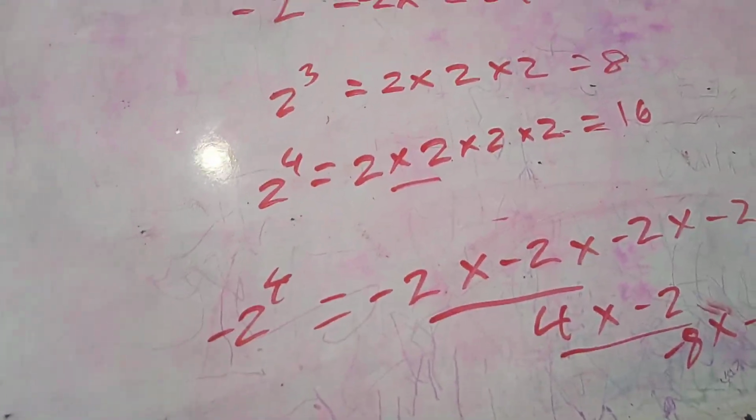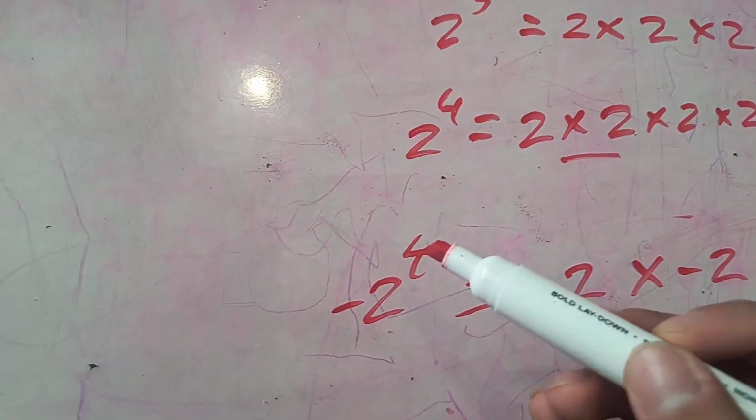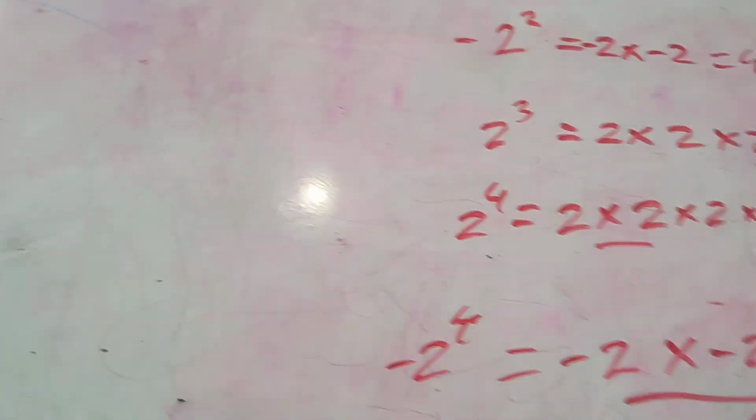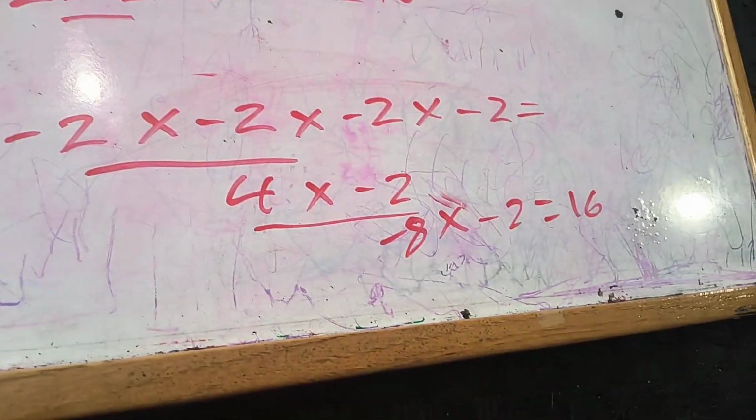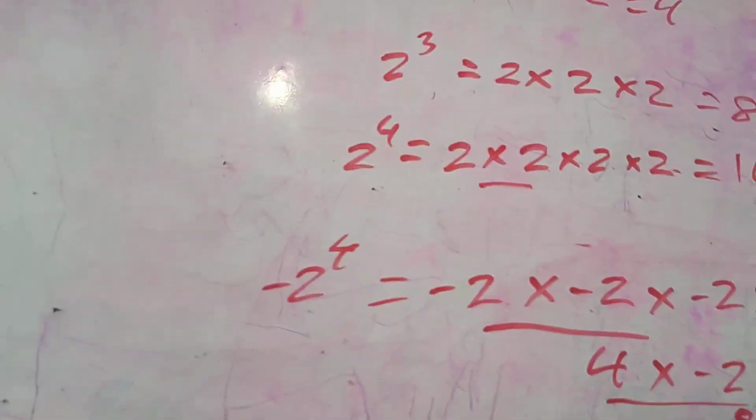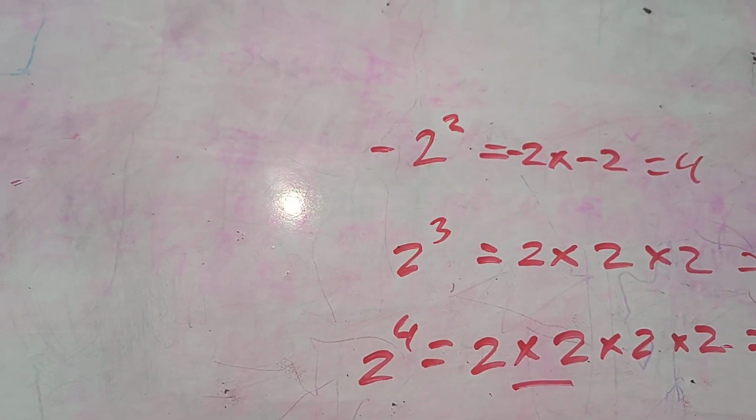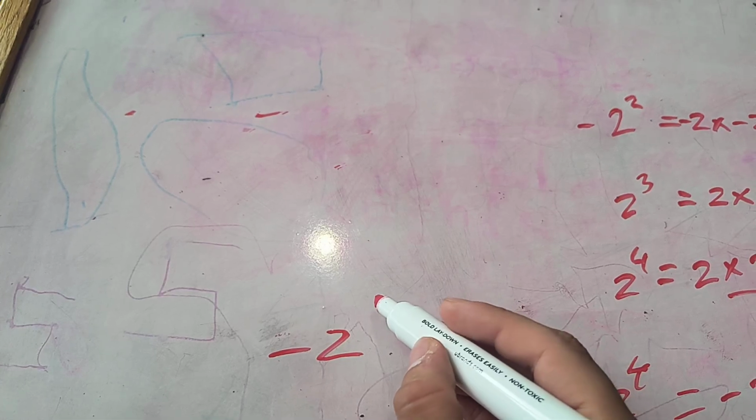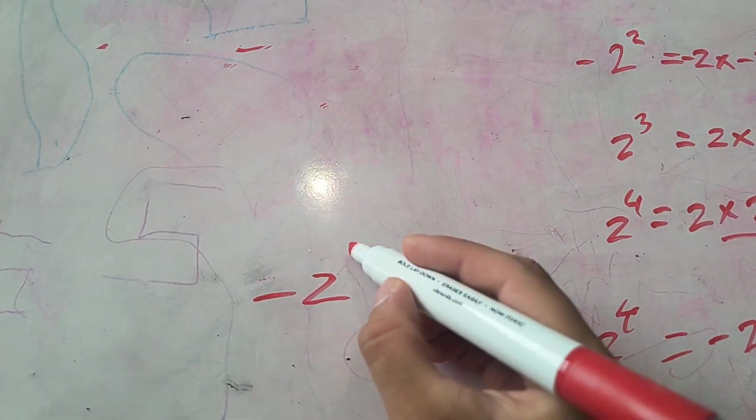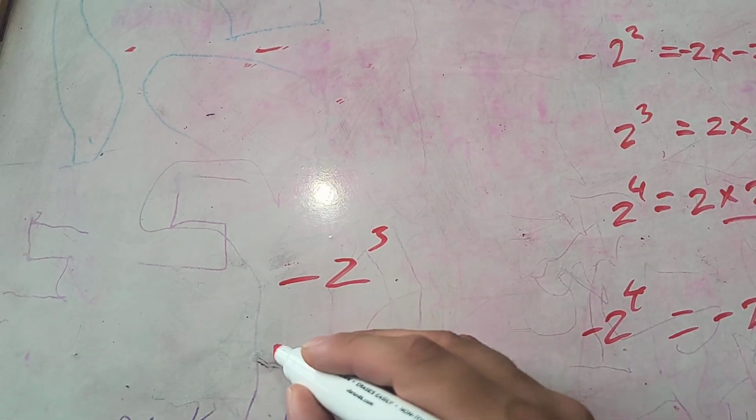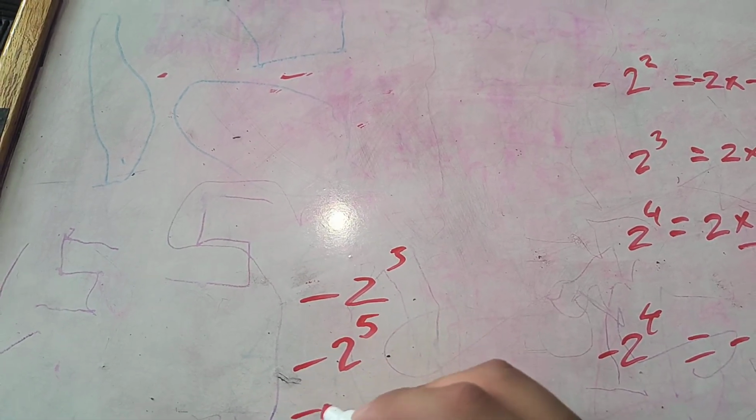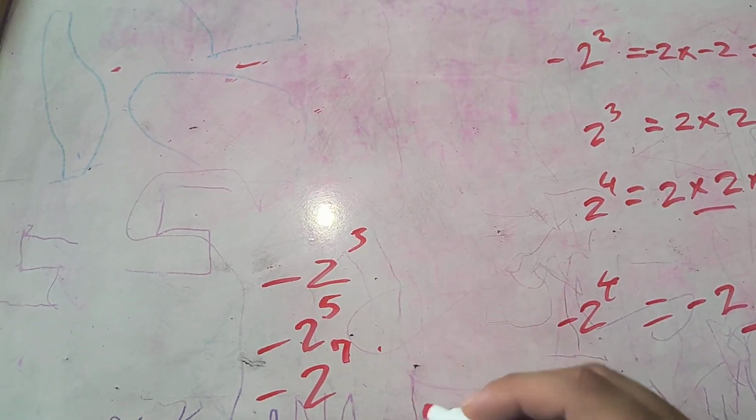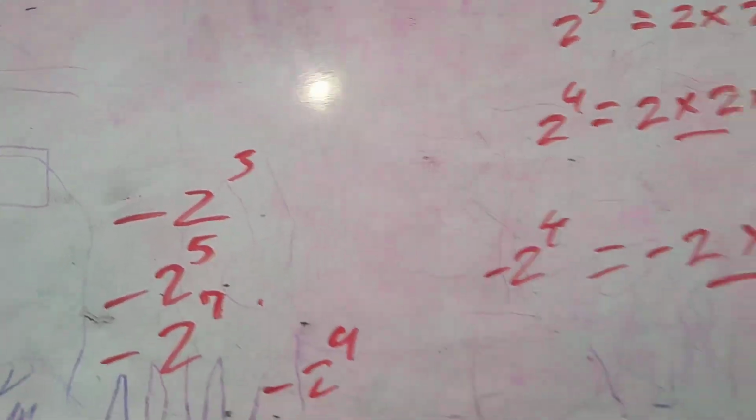And if you notice, this will keep happening with every even number. Negative numbers, whenever they're raised to the power of an even number, which is a number that is divisible by 2, you will get a positive value. And a negative number raised to the power of an odd number, which is a number that's not divisible by 2, let's say like 3 or 5 or 7 or 9,